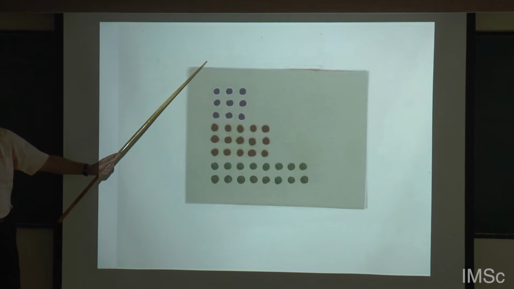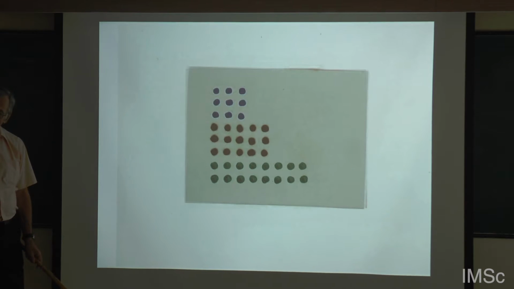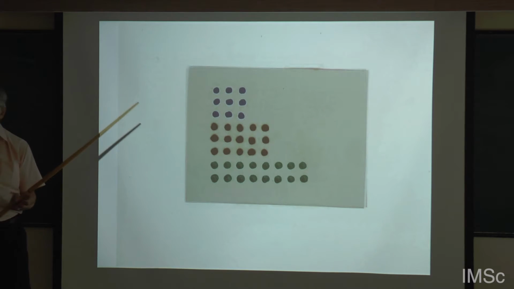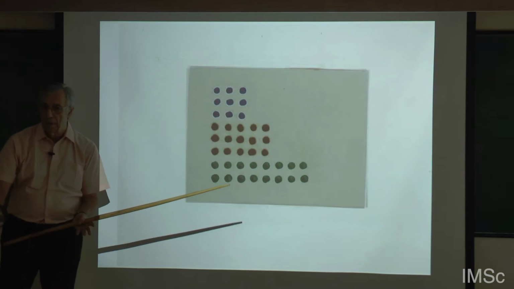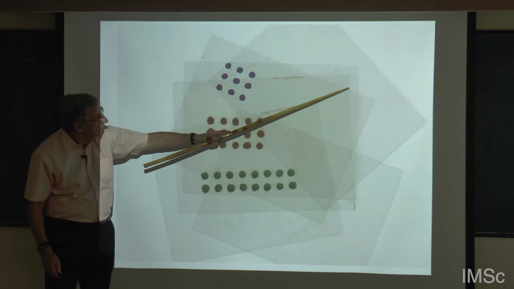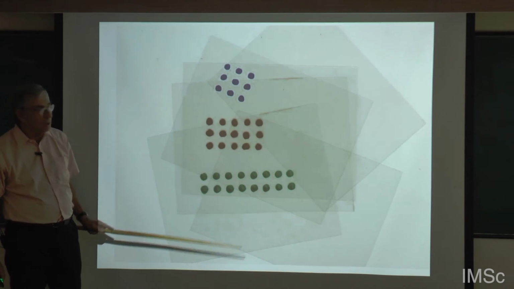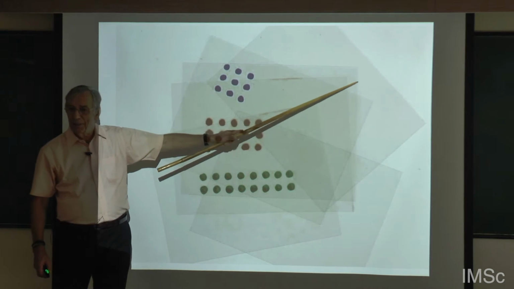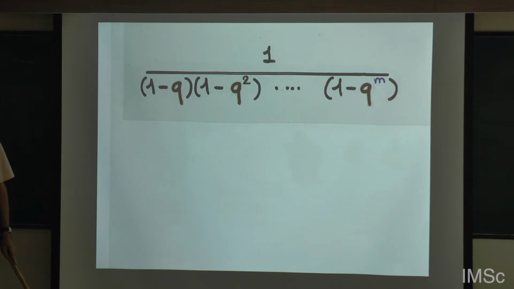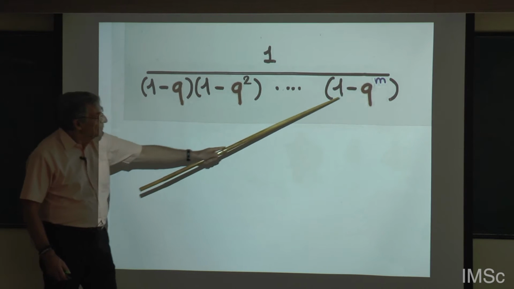Now a Ferrers diagram can be decomposed into rectangles in a unique way. This decomposition corresponds to a product of rectangles, which gives, at the analytic level, a product of generating functions. So you decompose into rectangles. Maybe some rectangles are empty. This is a rectangle with 3 columns, with 5 columns. There is no rectangle with 4 columns. This is empty. This was from the old time when there were transparencies and overhead projectors. And then this product gives you this generating function. It's a product: a rectangle with 1 column, a rectangle with 2 columns, a rectangle with m columns.